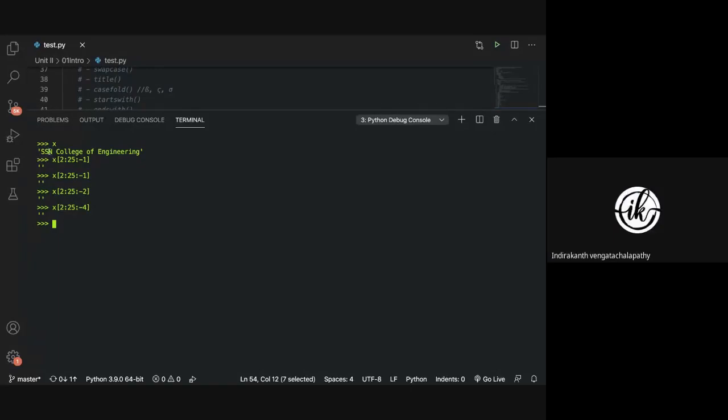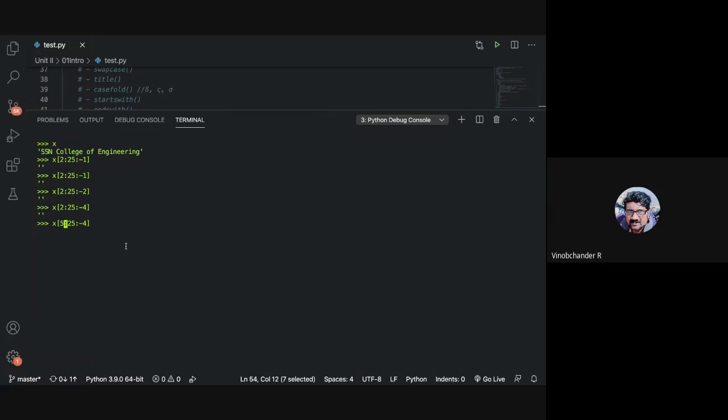Sir, when we want the output in reverse, we should start with the higher index, no, sir? You start with the higher index? Like 25 first and 2 then? No, that is okay, let us try. But why is this happening? We anticipated the result to be at least n. Assuming that the length is not met. So maybe since the length is not met, it is giving us empty.